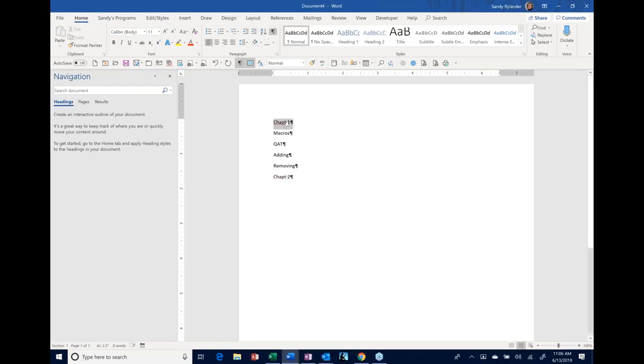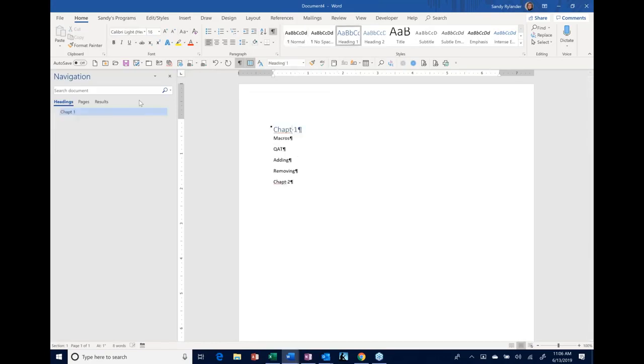Okay, so let's say you say, well, this is my heading. My heading is bolded and it's centered and all that. Notice absolutely nothing is going here because it's not really considered a heading. I would have to add a Heading 1 style to that. And as soon as I do, notice Chapter 1 shows up. And I'll add a Heading 1 style also for Chapter 2,